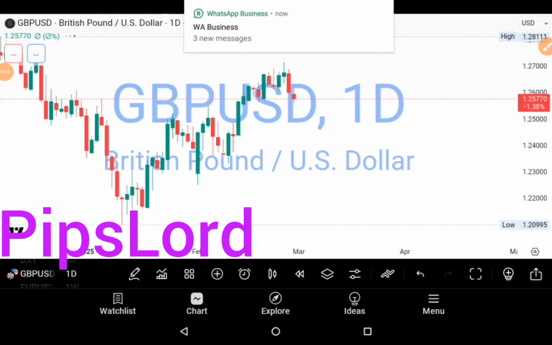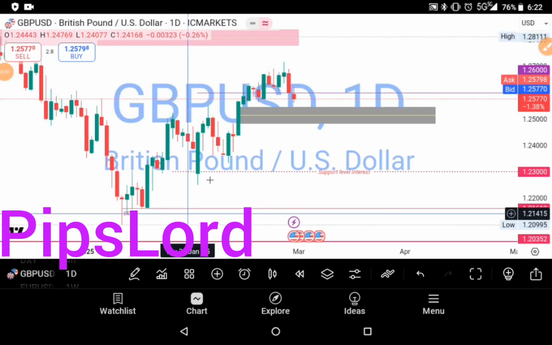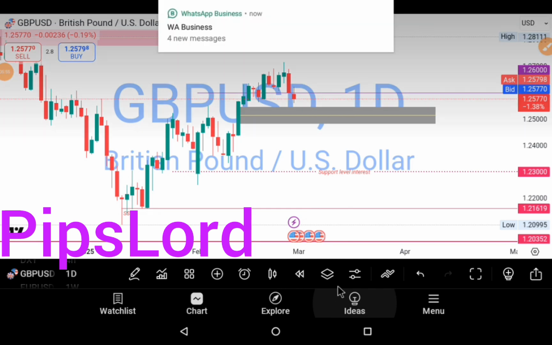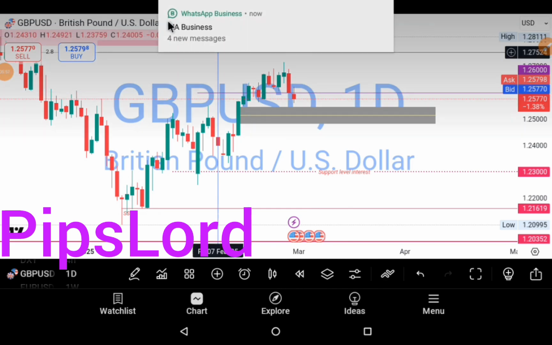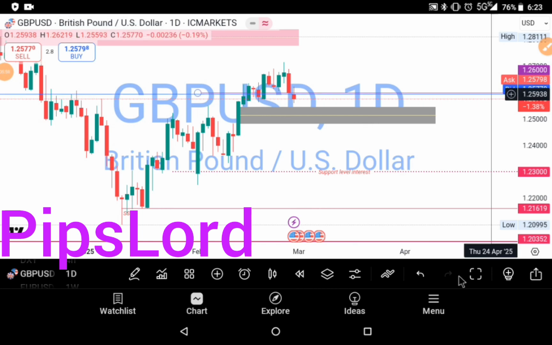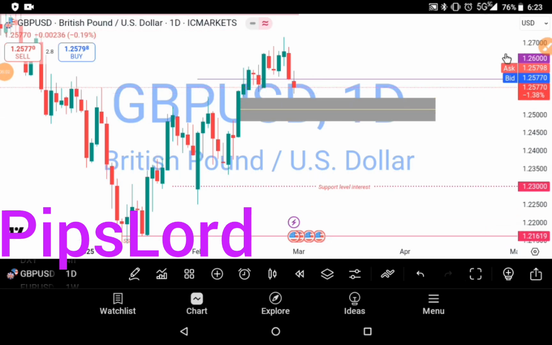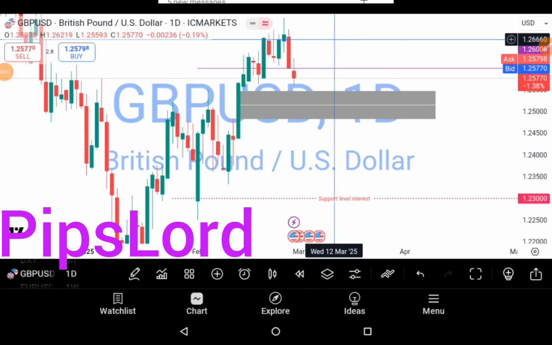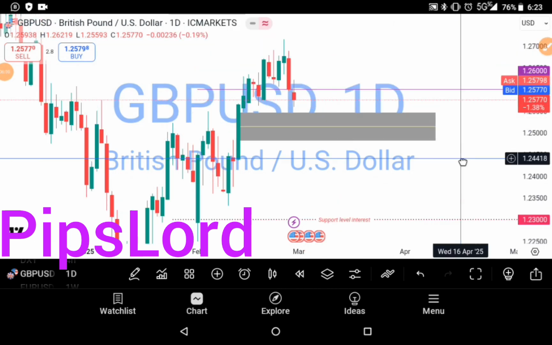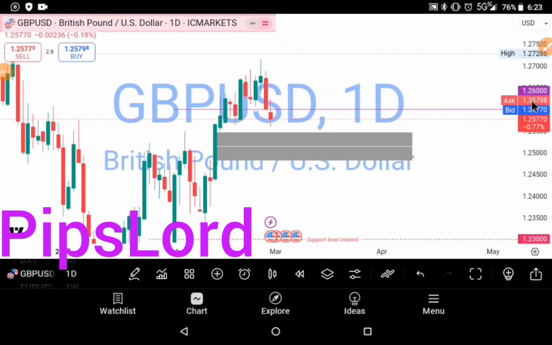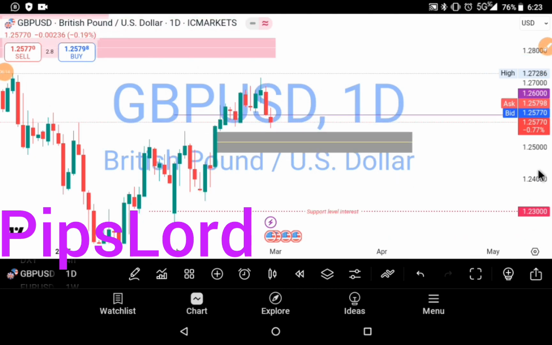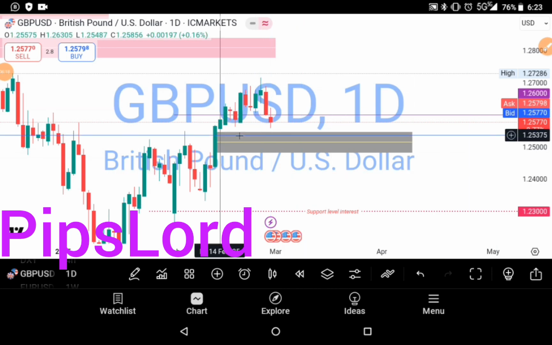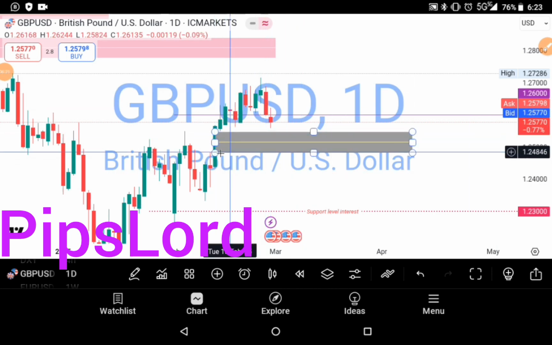On GBP USD last week, I was interested in the market price delivering 1.27500 to the upside, but since the dollar index did not move the way I expected with aggression, I'll be watching what the market price is going to do, gravitating